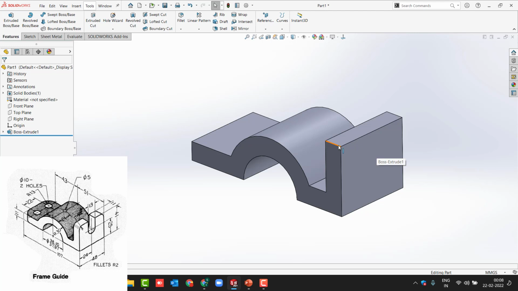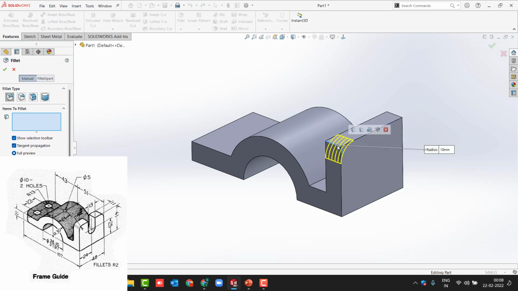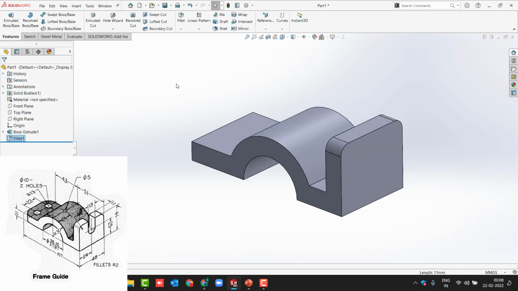The fillet here is radius 6. You can simply select this quick access toolbar to define the radius, or else you can use the fillet chamfer. There are two options available. I need the fillet. Select it and define the radius value here. It is 6 for me, and here also it is the same, and you can define it. Okay,